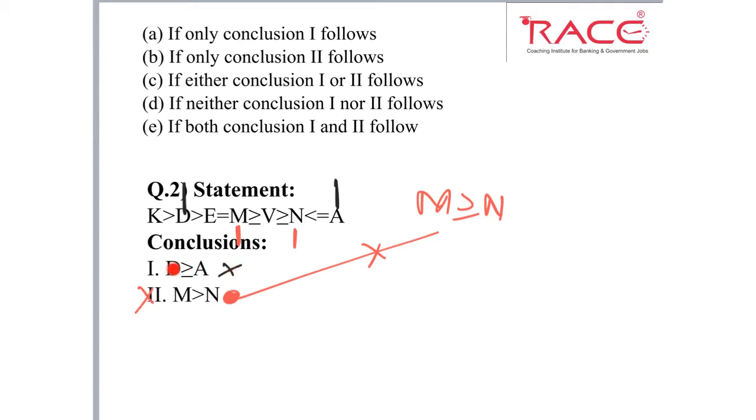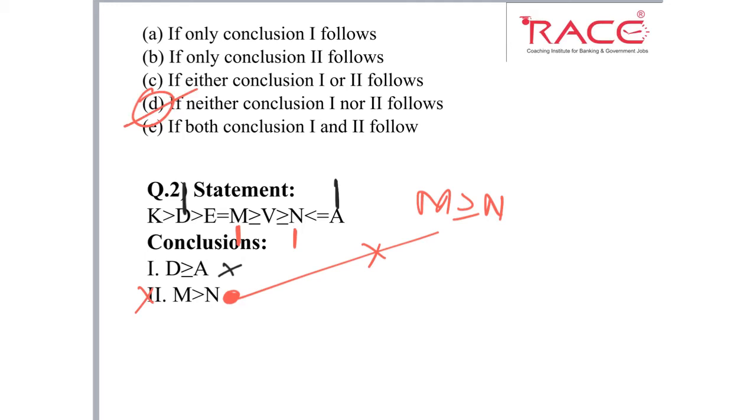Second, both the elements must be the same. For example, here we have two elements, D and A. Here we must have the same elements, that is D and A, but here we don't have D and A. So the second condition of either-or does not satisfy. It means what is our answer in this case? D, neither nor. Okay, I hope you understand this.